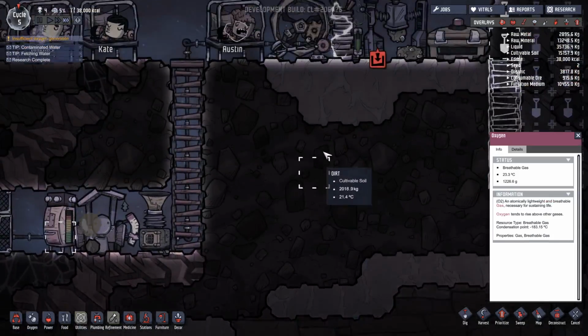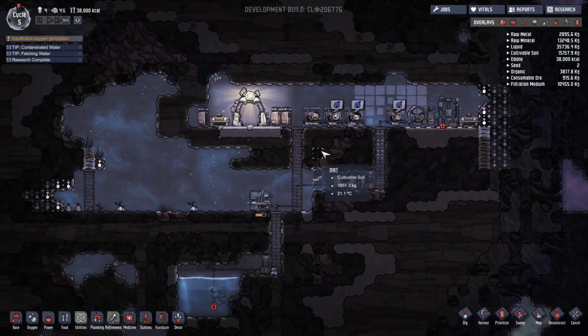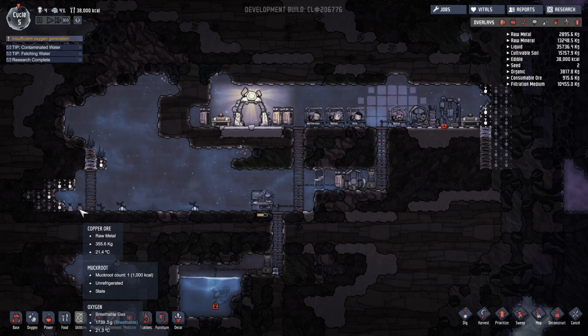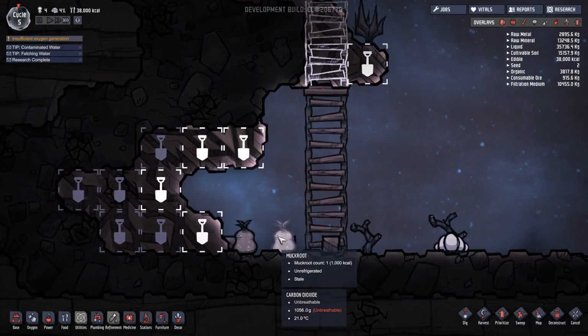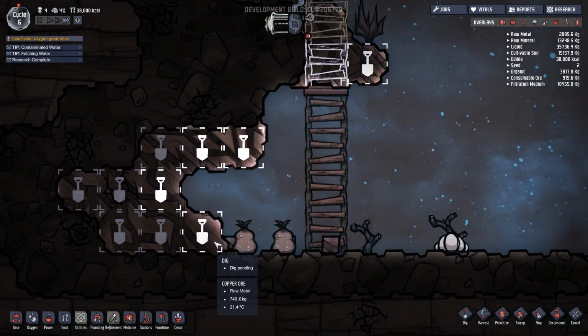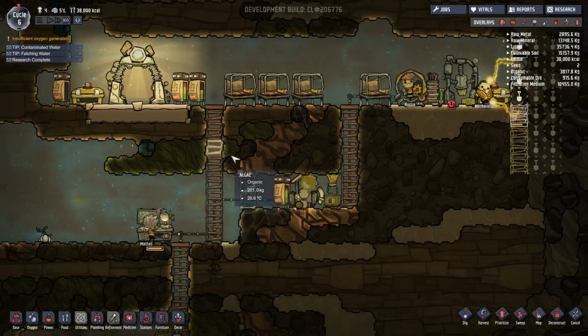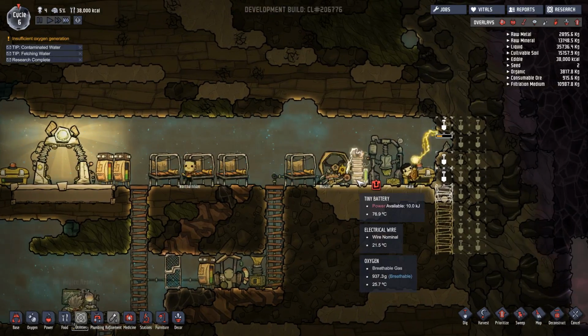We used about 100 kilos of oxygen, which honestly is not that bad relative to how we've done in the past. So I'm not anti that. What is this? Muck root. It's gone stale. That's not that bad, though. We're on cycle 6 here. 5 minutes to go, roughly, until our next